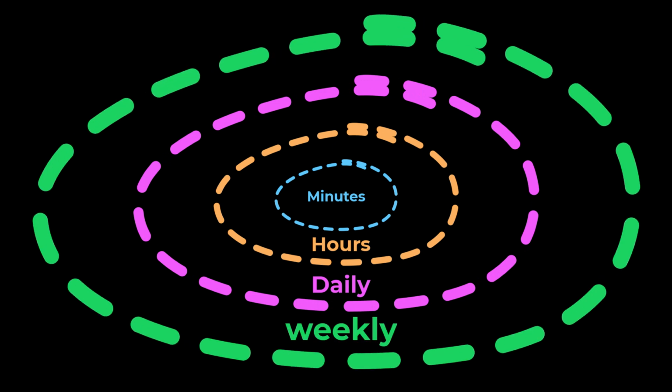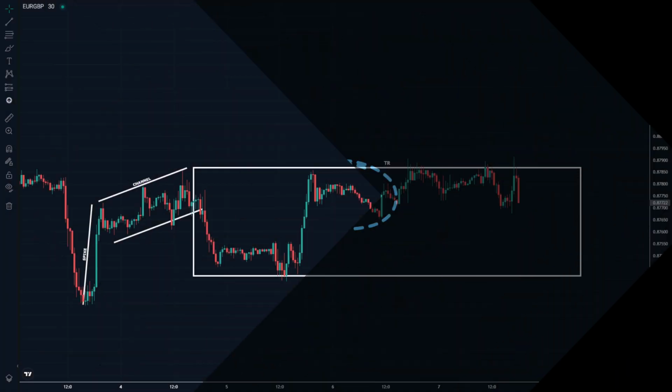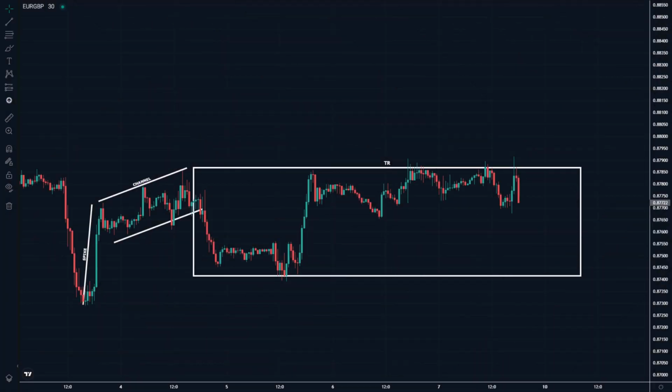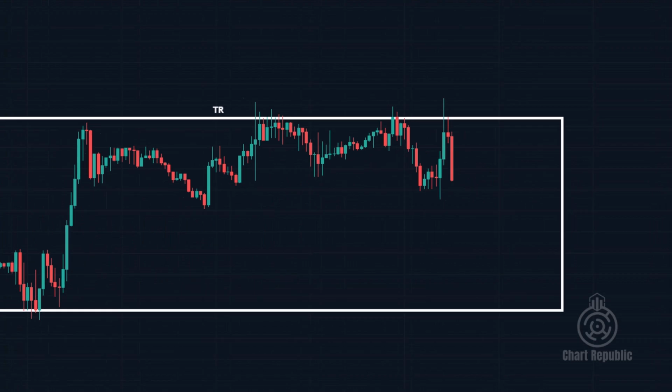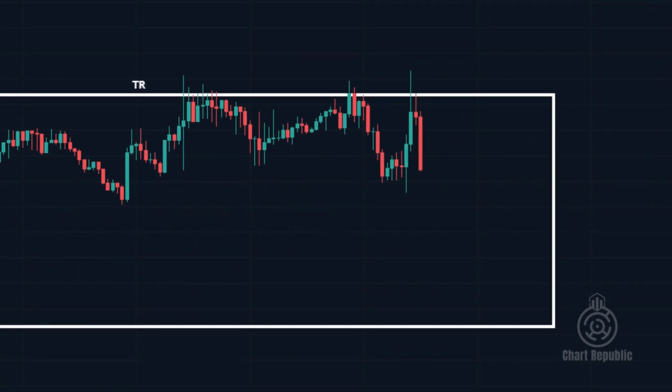Allow me to illustrate this concept with an example. In this scenario, after a spike in channel formation on a 30-minute time frame, it appears that the price has reached the upper boundary of a trading range that has been tested multiple times. If we base our judgment solely on this time frame and take into account the presence of this strong reversal candlestick pattern, we might consider this as a suitable moment to enter a short position, placing our stop loss above the trading range and setting the take profit near the bottom of the trading range could be a strategic move